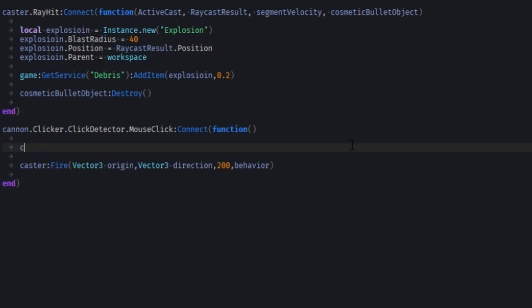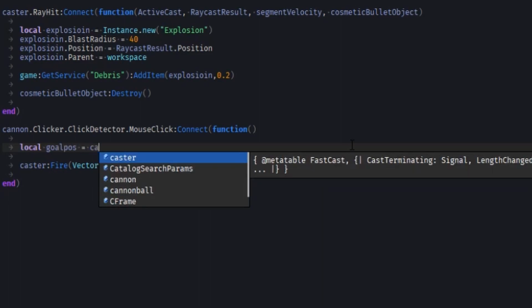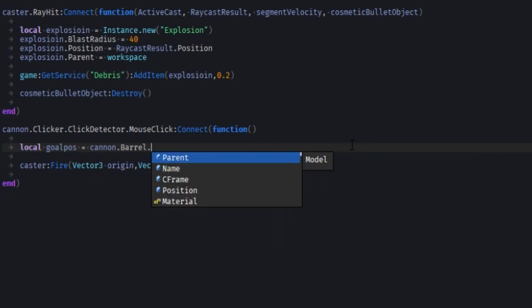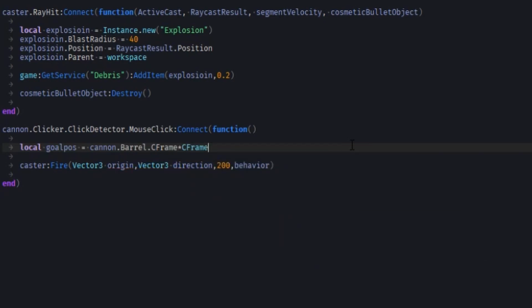So local goal pause, cannon.barrel.CFrame.new.